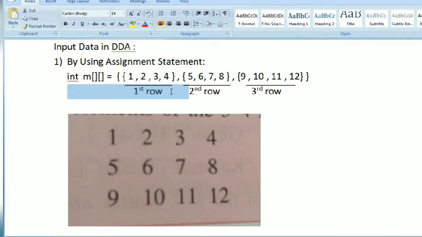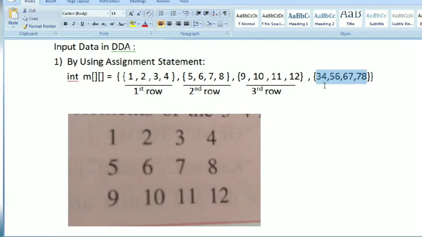This is your first row. After that you have to put a comma, and this one is your second row. Comma, this one is your third. If you want to add more, you can add it like this. Suppose I want to store 34, 56, 67. So this is your fourth row now.